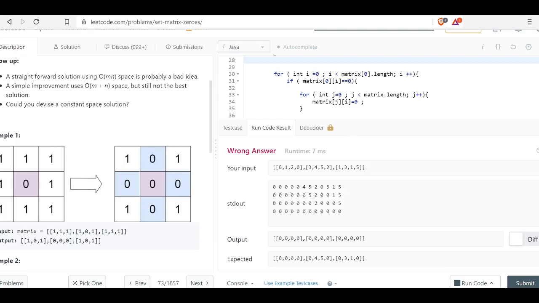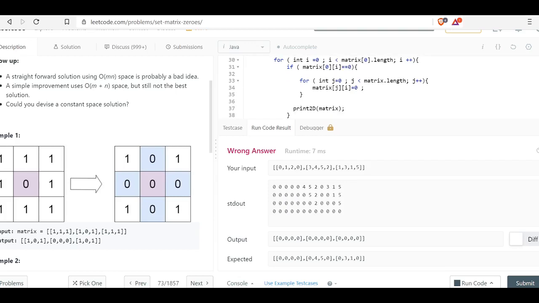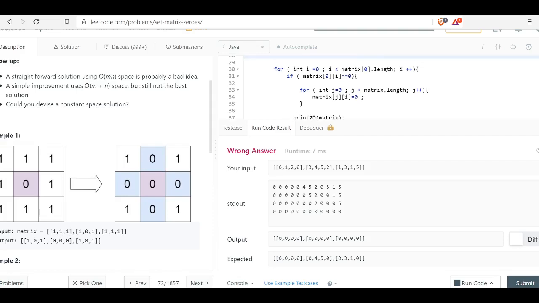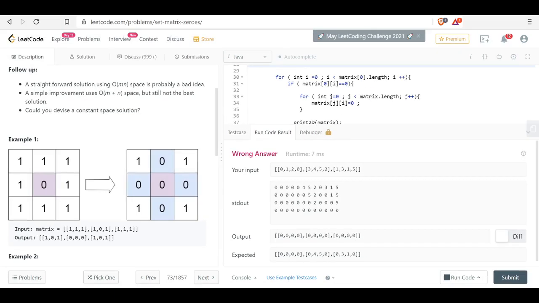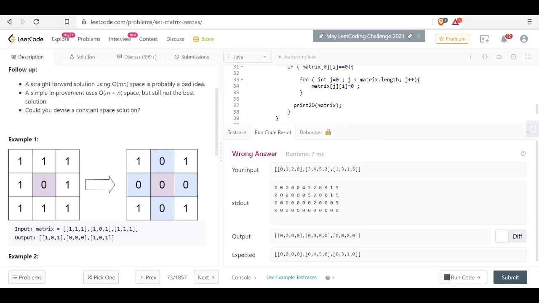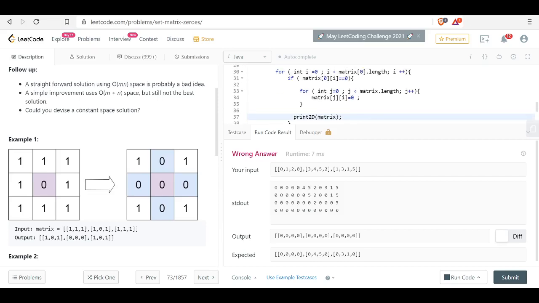The second step. Okay, I got the issue, right? It just turns out to 0.